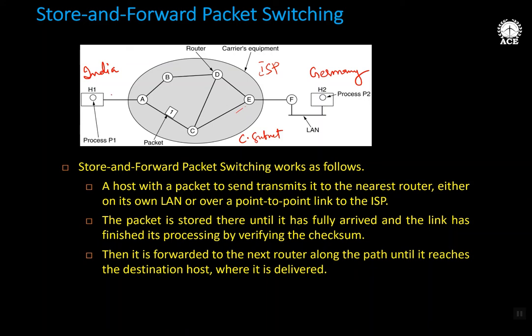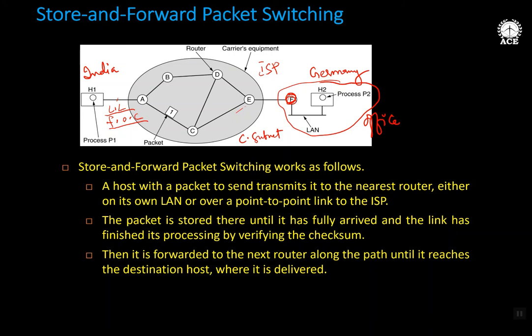A host with a packet to send transmits it. Here, listen to me. This host, my machine, is connected to the ISP router directly by means of maybe a leased line, or a fiber optic channel. Whereas my friend's host is not connected to the ISP router directly, but it has its own LAN, maybe in the office where he is working. On the LAN it has a separate local router, and this router is connected to the ISP router. So either the configuration can be like this, or a direct configuration. That's what is being said in this point.